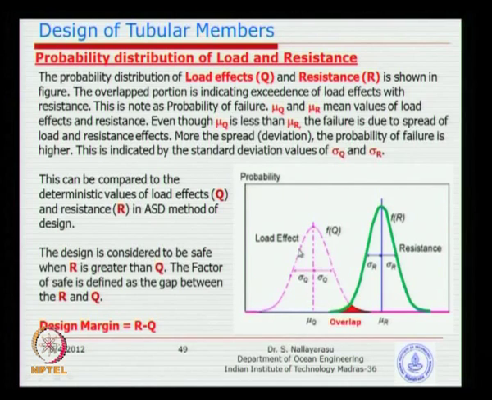So if you look at the probability distribution, the variation could be something like this. You might have heard of several distributions: the normal distribution in your mathematics course, the log normal distribution, the beta distribution, or you can have the Weibull distribution, the Rayleigh distribution. Each variable naturally has certain variations.